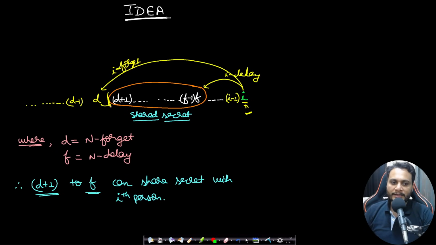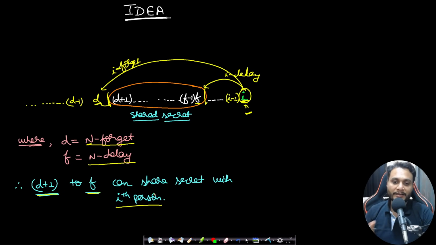Because only in this range of I minus forget plus 1 to I minus delay, these people will be the ones who will be informing the ith person about the secret. If this I value is n, then the value d here will be n minus forget, and the value f here will be n minus delay. Okay, so d plus 1 to f can share the secret with the ith person,